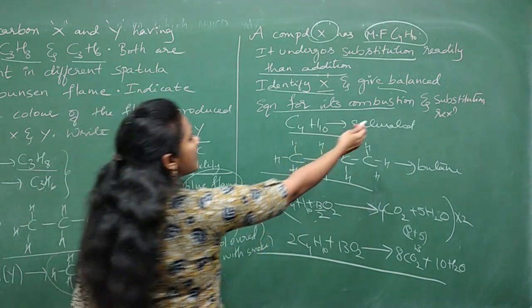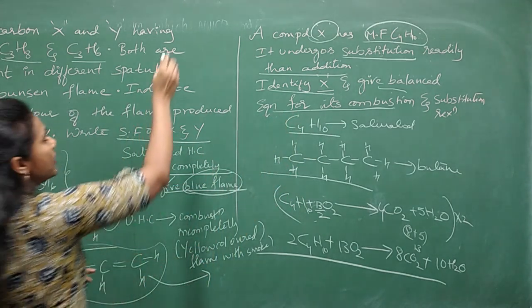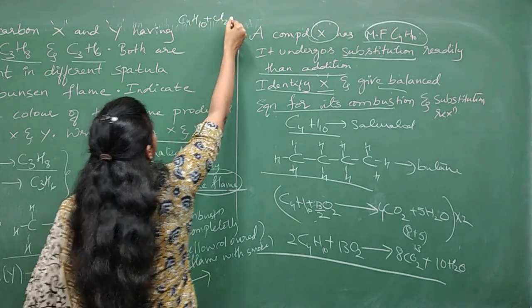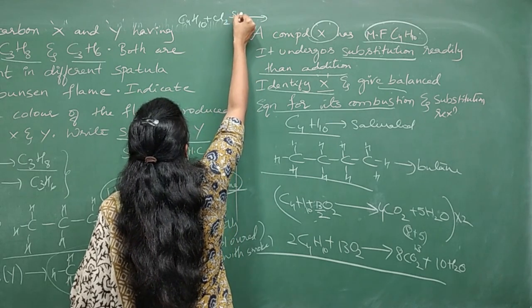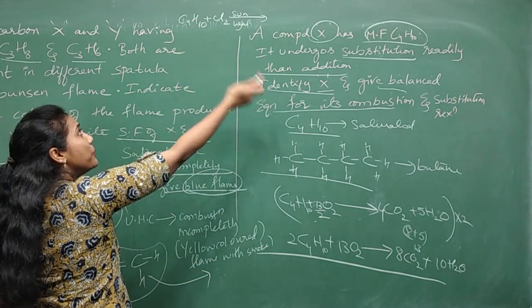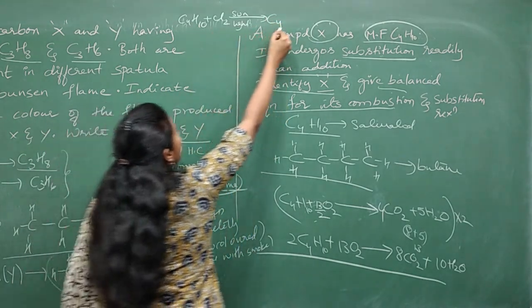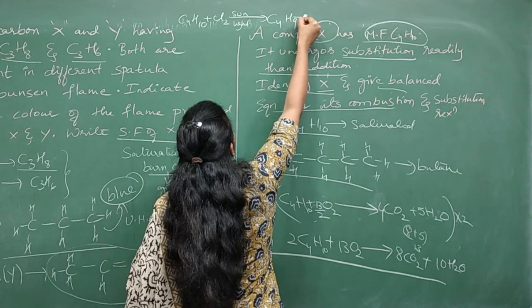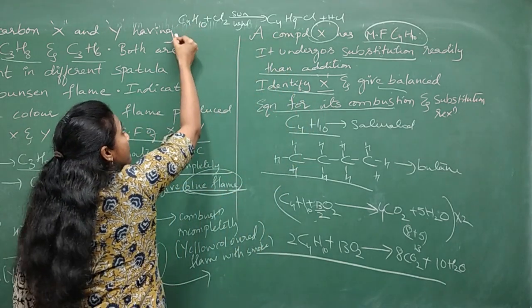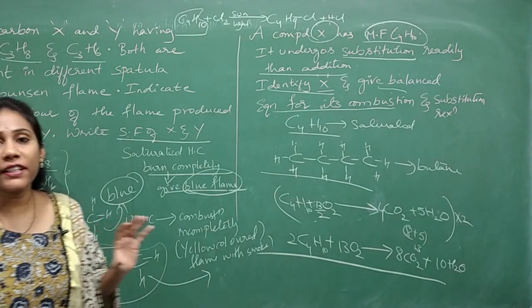Okay, and they are also asking you to write the substitution reaction for this. So how do you write the substitution reaction? Let me show you here. C4H10, substitution reaction means reaction with chlorine in presence of sunlight, isn't it? So what did you do here? One hydrogen, you remove it. In the place of one hydrogen, put one Cl. So if you remove one hydrogen, this will get converted to C4H9, put one bond and Cl, plus HCl. So this is how you can write the substitution reaction for butane. Clear? So this is how the questions can be asked.